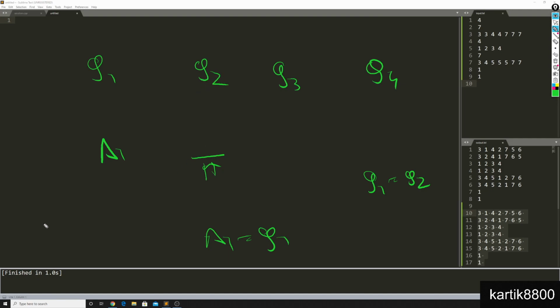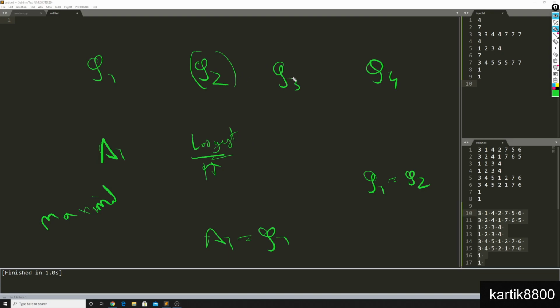And since I'm trying to build the lexicographically maximal array, I'll put in the largest number that is available to me, but smaller than q2. Because if I put in a larger number than q2, then my prefix array would be different than this. Then the largest number among the first two elements would be greater than q2, and this q2 would not be here, right? So I can put in the largest possible number at this position available to me, but it should be less than q2 for sure. Okay, so put in the largest.